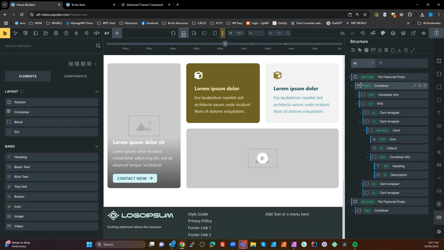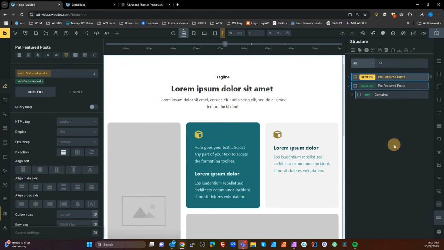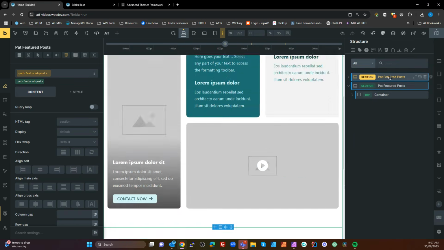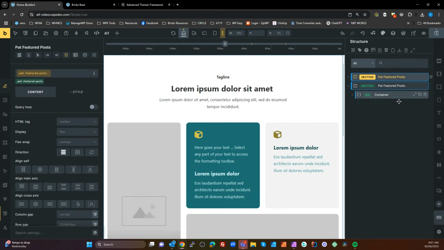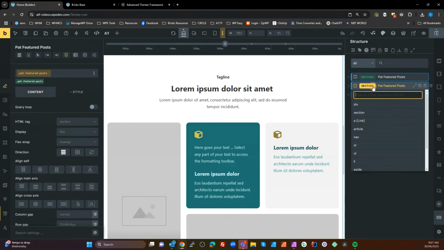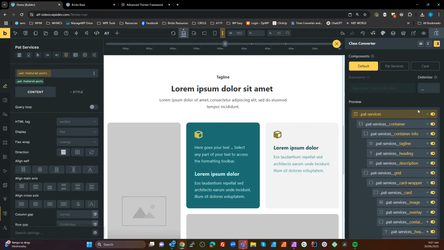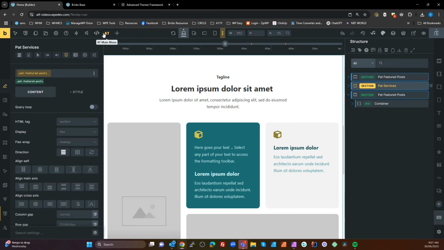Now for that side of things, I'm going to show you something else also. Let's say, for example, we've got this whole pattern here, and we want to reuse that for a different service. We want this to be pat services. So we're going to duplicate that. We're going to call this pat services. Okay, I'm going to right click on that, class converter. Not our class converter, sorry, we're going to go into our